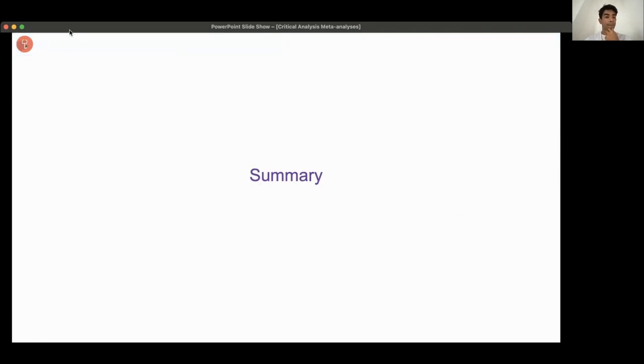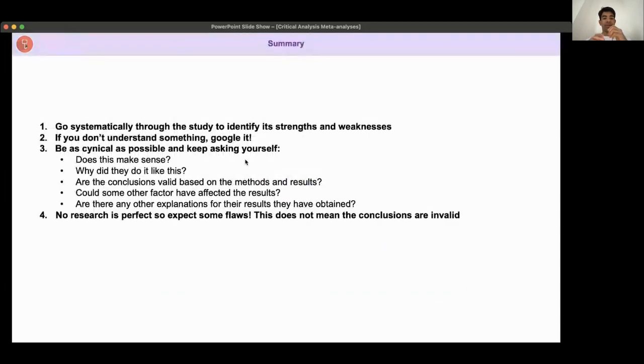Okay, I'm going to summarize. We're going to look through the questions in the chat, and then we're going to do a little quiz and the feedback form. So essentially, to summarize, you should just go through these studies systematically, look at strengths and weaknesses. There will always be new things. I find new things every day. Google it. Google has everything. It might be confusing, but if you find it confusing, email research@mindthebleep, and maybe I can do a webinar on it.